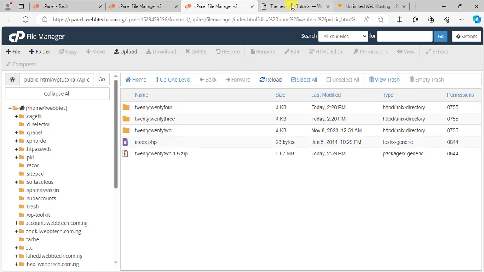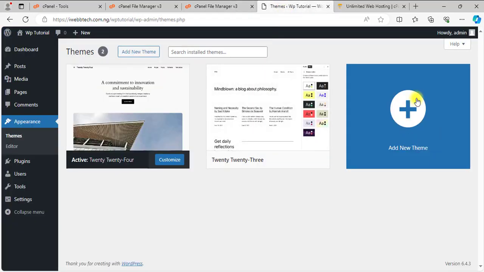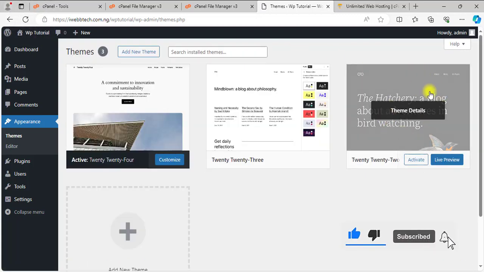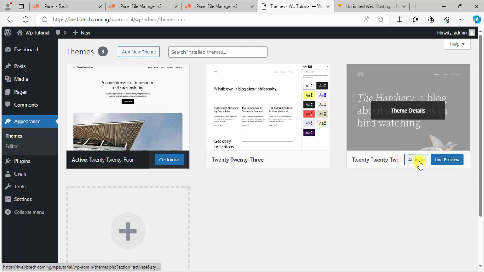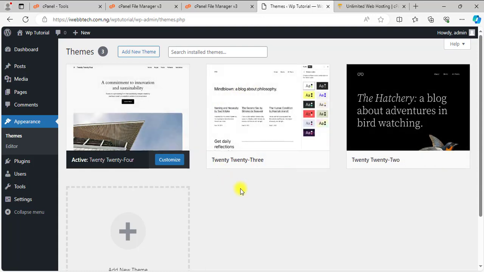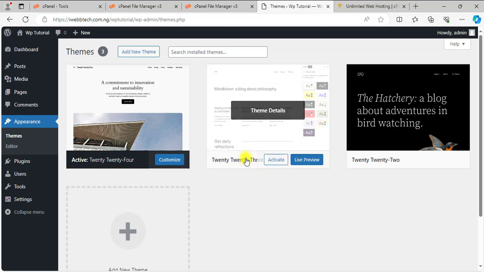Okay, so when I go back to WordPress right here, you can see I don't have any 2022, right. Okay, so when I click on reload, I'm going to actually see the 2022 right here. You can see that, so I can just go ahead and click on activate to activate the theme. So that's how to upload the WordPress theme from the file manager,